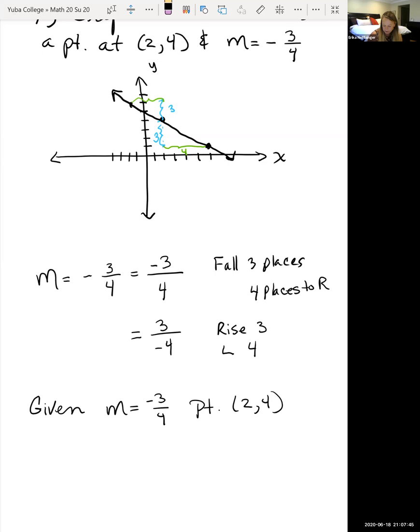So there's a couple ways that you can do that. We can use that point-slope formula, and a lot of times, especially if you see the help feature, you might see it done that way. I personally like to use the slope-intercept form. Basically, the slope-intercept form, y = mx plus b. We have